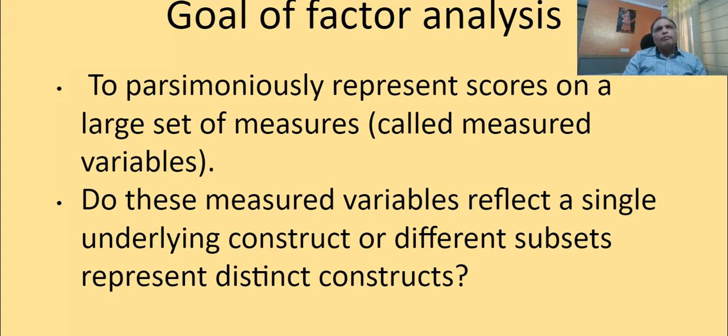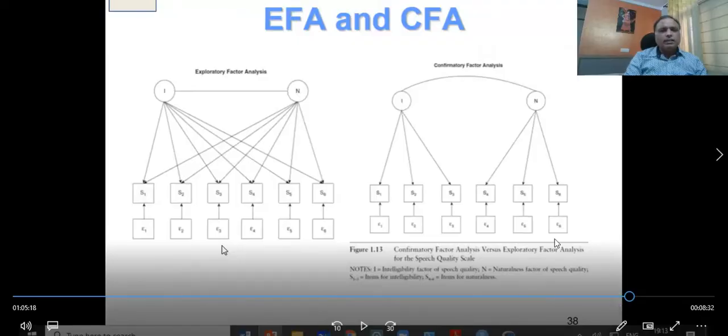So factor analysis helps us in these two things: that on the basis of some value, it reflects that yes, it's representing this, and the data have some kind of relationship which we call correlation. And second, that this construct is actually the construct which we want to measure, and we are not talking about any other construct. Here you can see where we use exploratory factor analysis and where we use confirmatory factor analysis. Before I discuss that, let me tell you a very important thing.